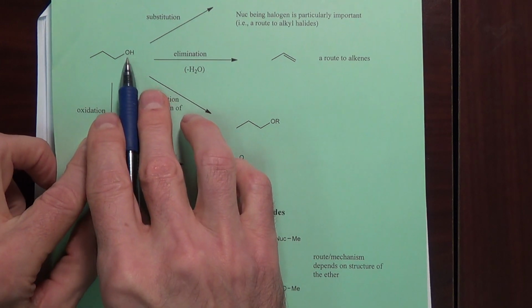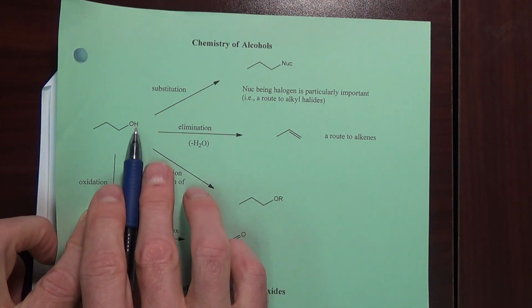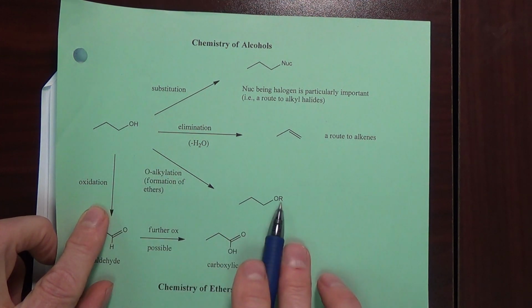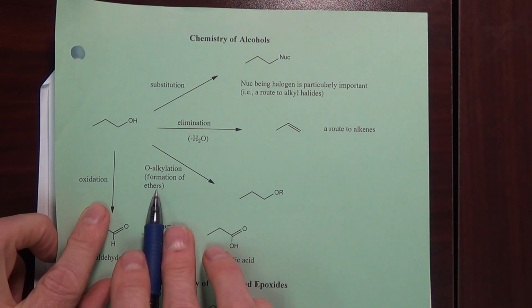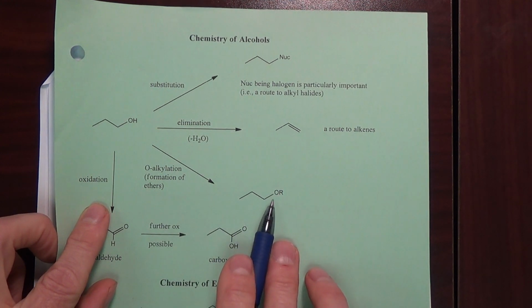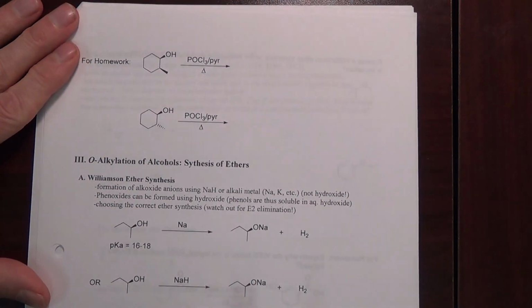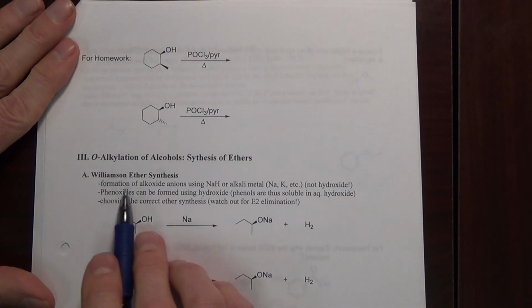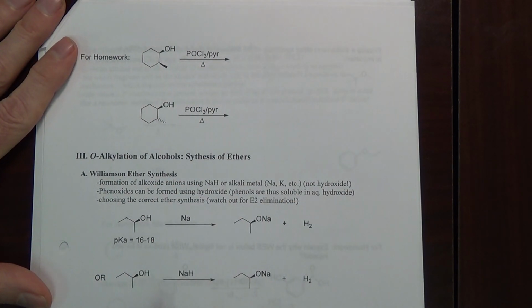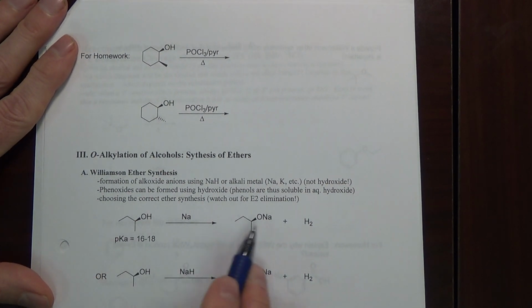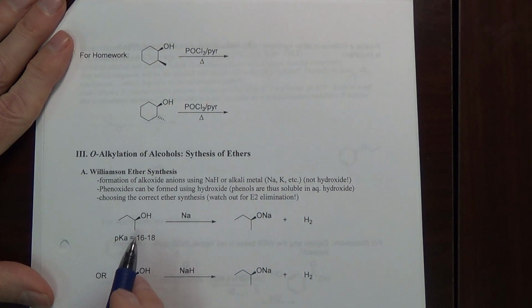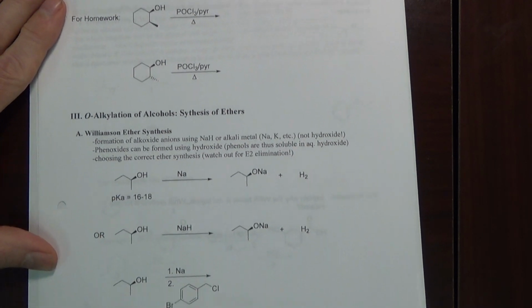Instead of replacing the OH group or eliminating it, we're going to keep the oxygen, but we're going to put an R group on the oxygen. We're going to alkylate the oxygen. And that's going to give us an ether. This general synthesis is called a Williamson ether synthesis. Let's look at it. The first thing is if you have an alcohol and you want to put the alkyl group on, usually by an SN2, we first have to have a better nucleophile,